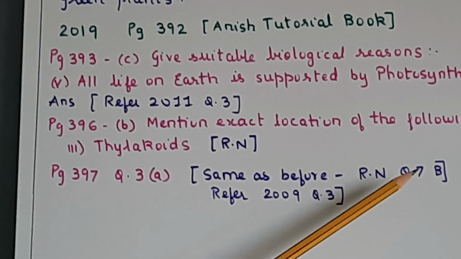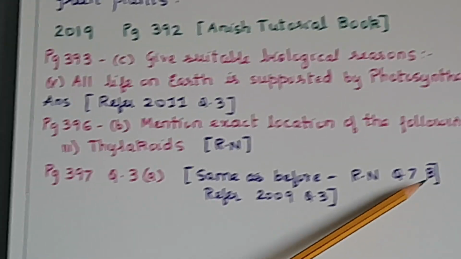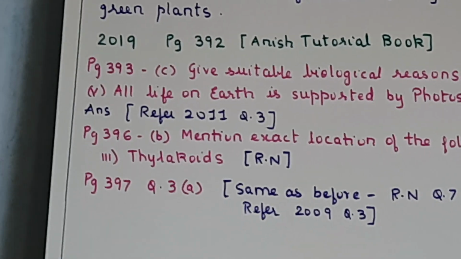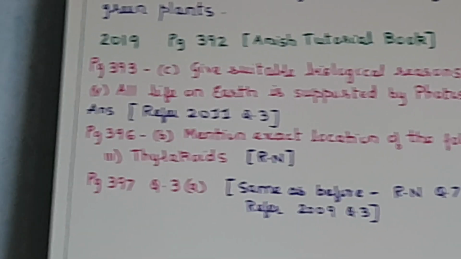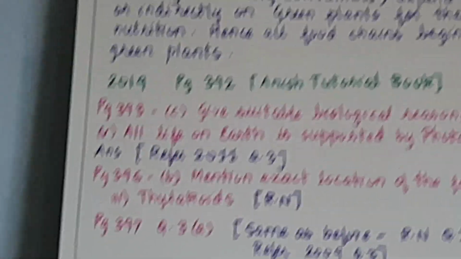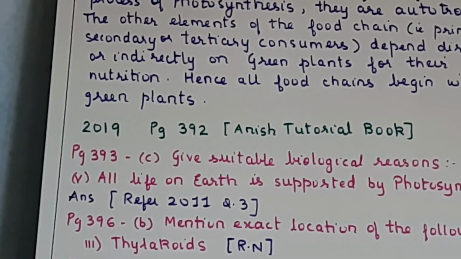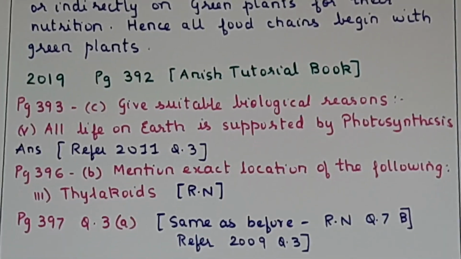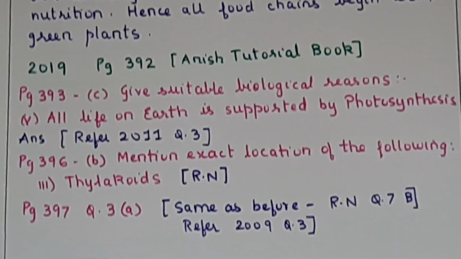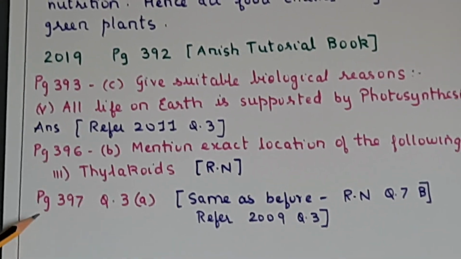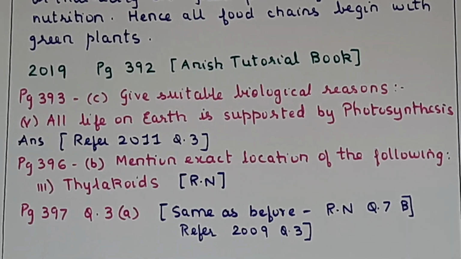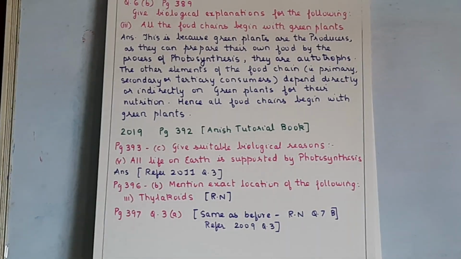2009 question 3, and in the notes it is question 7b. 7b means it is to show whether sunlight is required for photosynthesis. So it is showing that one of the leaves is covered by black paper. So again all those questions we have already discussed. Okay, so that completes the board questions, that is till 2019. Now we'll have a look at the homework, and the paper pattern I will just explain in the next part.